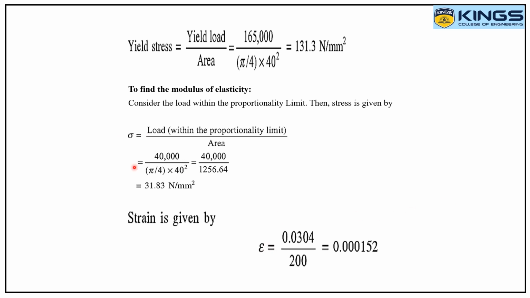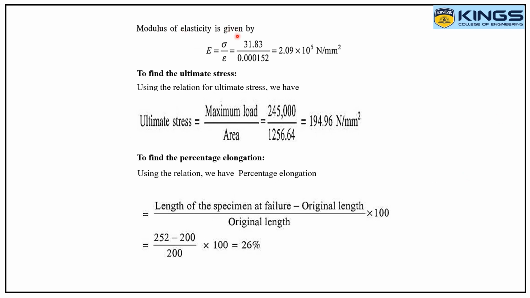From these two parameters we get the modulus of elasticity, capital E, equal to sigma by strain, that is 31.83 divided by 0.000152. On solving this, we get 2.09 into 10 power 5 Newton per mm square. I think you all remember that 2 into 10 power 5 Newton per mm square is the value of modulus of elasticity for